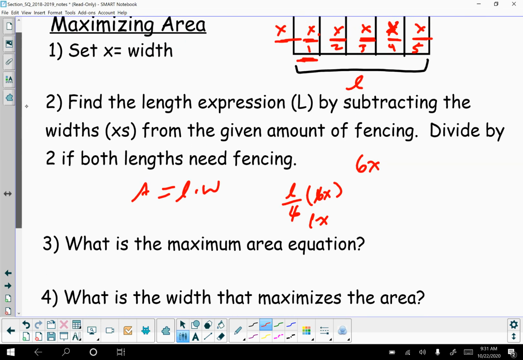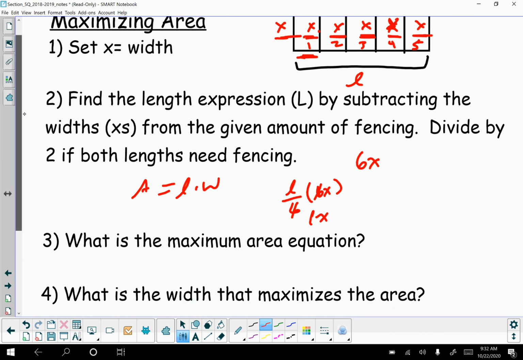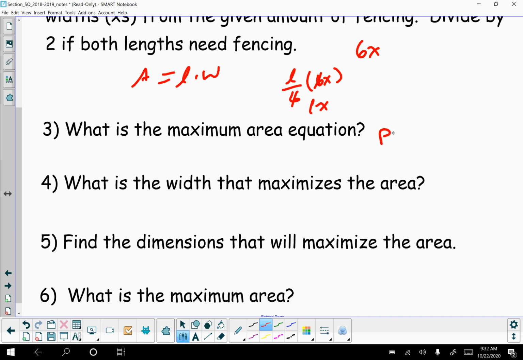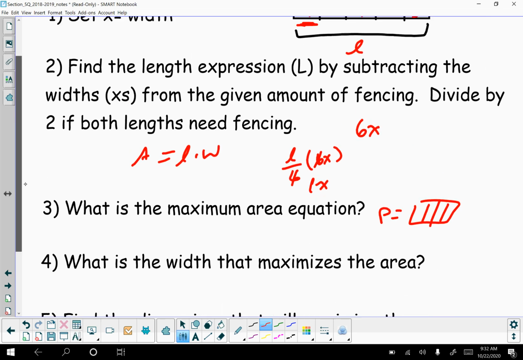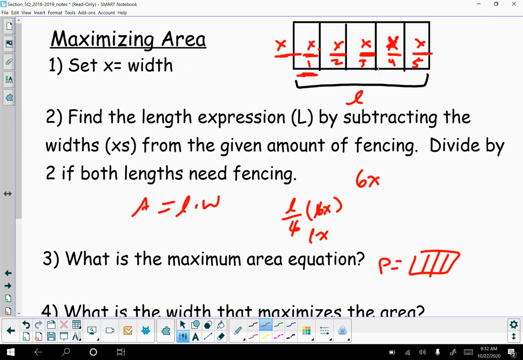Well, I want to talk more on class, because normally we would tell you that we have some perimeter equals some amount, that we have a certain amount of fencing, and then we would have broken it into these regions. But what I could do is I could say that because I have these 6 regions, so what is the maximum of length times width? So if I put this together as an equation,